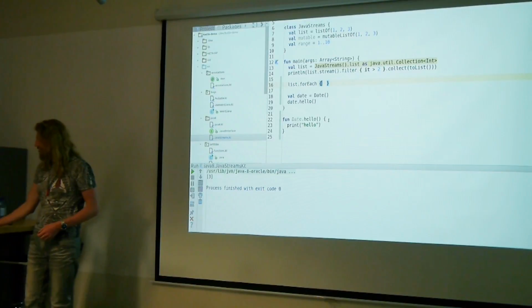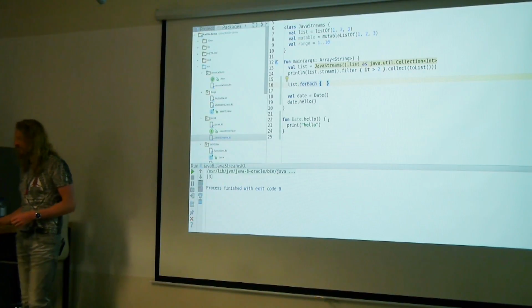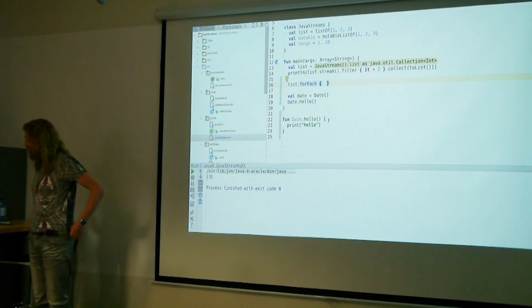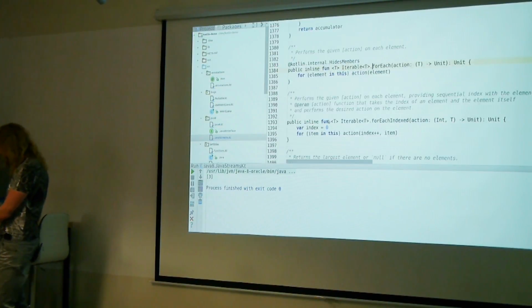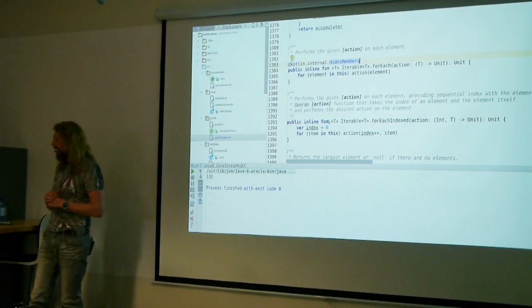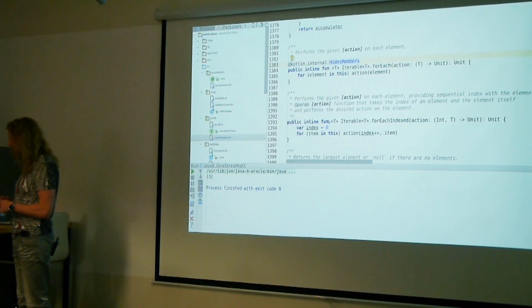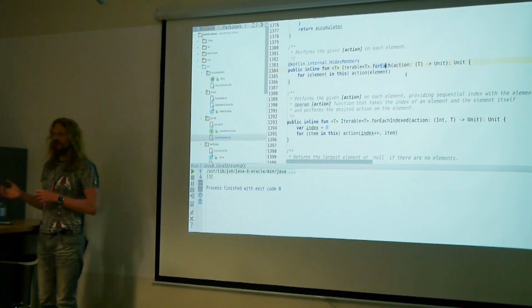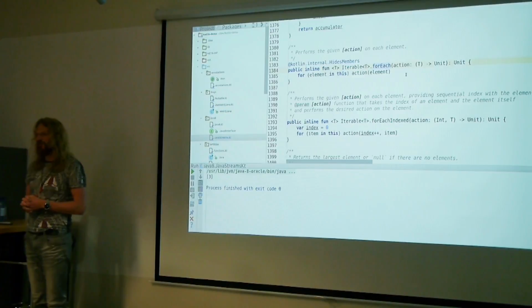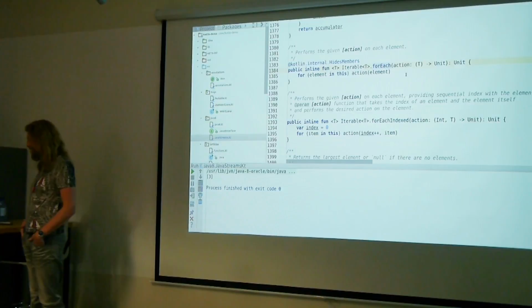But the problem with this is that they want the code that is written in Kotlin to run exactly the same way on Java 6 and Java 8. So they have created a new annotation here, which is HidesMember. So this is the only usage of this annotation in the Kotlin runtime, and it tells the compiler that this extension method should be preferred over the real forEach method which may appear in Java, or which actually exists in Java 8.